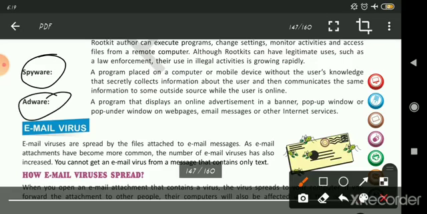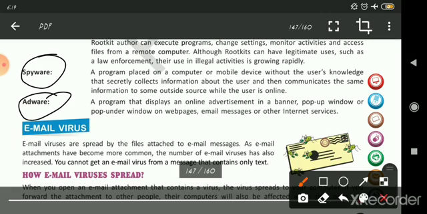Now adware, a program that displays an online advertisement in a banner, pop-up window or pop-under window on web pages, email messages and other internet services. So adware means advertisement.